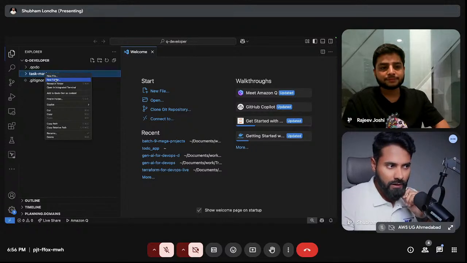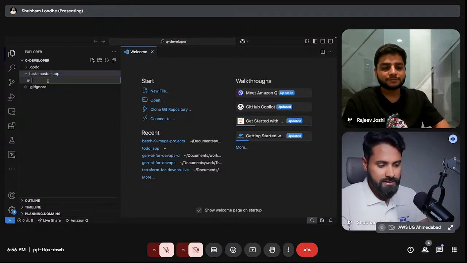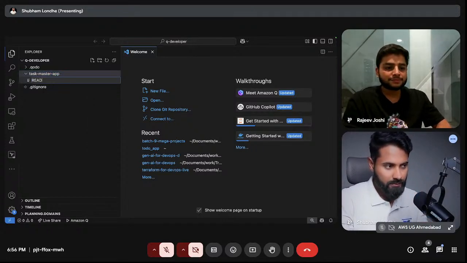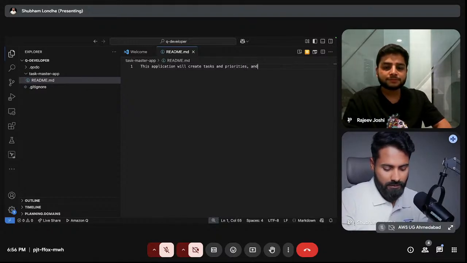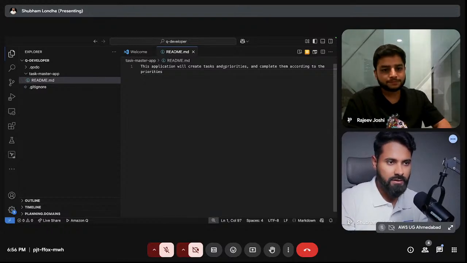Okay. You can go and write a simple readme.md, simply saying that this application will create tasks and priorities and complete them according to the priorities. Something like this.